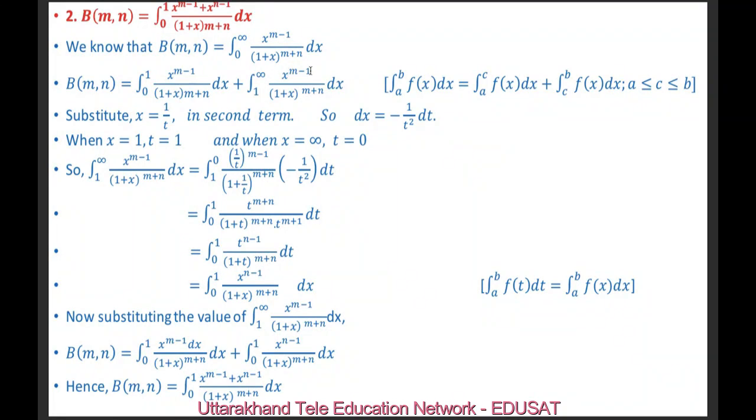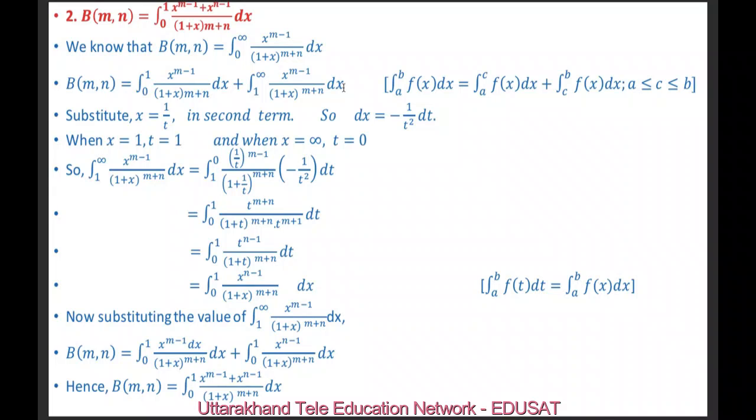in the previous slide. Also we know by property of definite integral that the integral from a to b of f(x) dx is equal to the integral from a to c of f(x) dx plus the integral from c to b of f(x) dx, if c lies between a and b. Here the limits are from 0 to infinity and 1 lies between 0 and infinity. So we may break it into two parts, 0 to 1 and 1 to infinity. So the integral of x raised to m minus 1, over (1 plus x) raised to m plus n dx from 0 to 1, then the integration from 1 to infinity of x raised to m minus 1, over (1 plus x) raised to m plus n